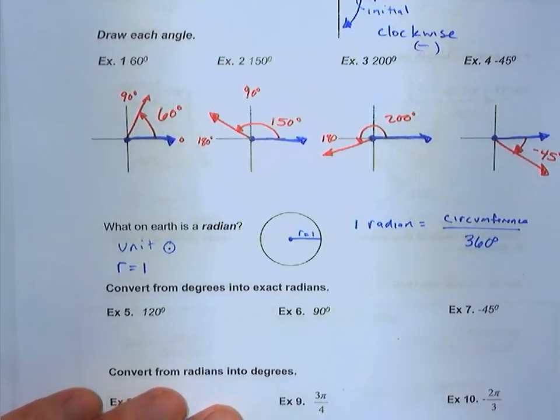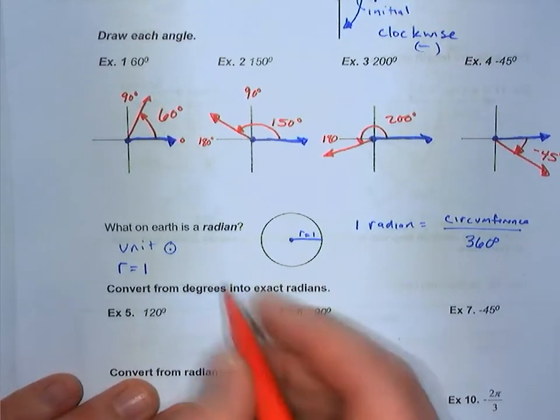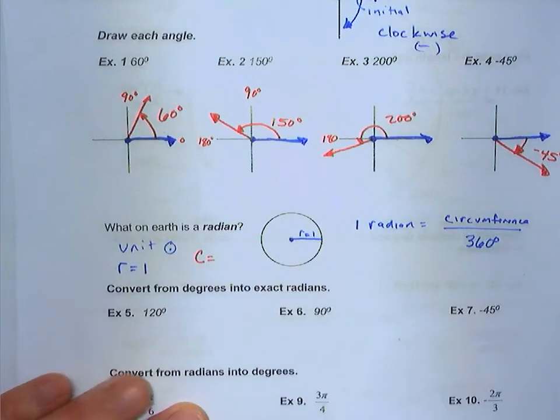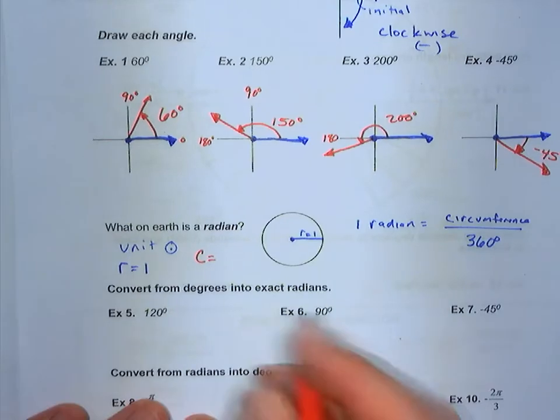Well, that means we have to know what circumference is. So off to the side, let's figure out what circumference is. Go back to your geometry days. What do you guys remember for circumference? Remember, that's the distance around the circle, right? You go all the way around. Randy, remember? Yeah, 2 pi